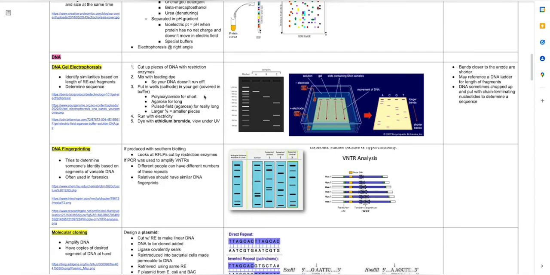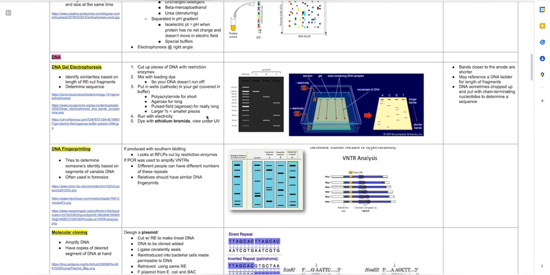But if your DNA is long, then you will use agarose, which is like a polysaccharide that comes from seaweed, I believe. And then there's a type of DNA gel electrophoresis you can use for really long strands of DNA called pulse field gel electrophoresis. Basically, you manipulate the DNA into turning around at different times, and it takes longer pieces longer to turn around. So again, like with SDS-PAGE, a larger percentage of agarose or polyacrylamide works better for smaller